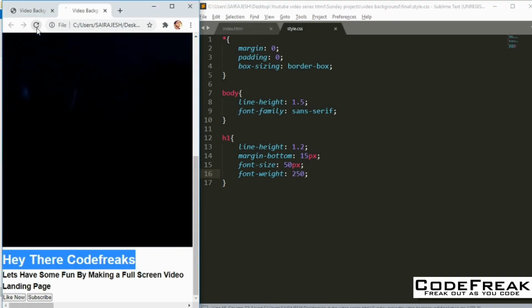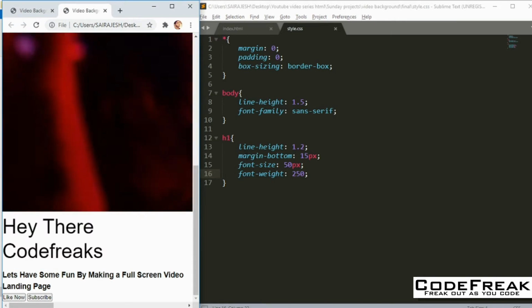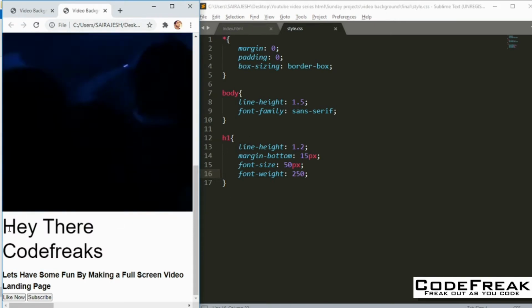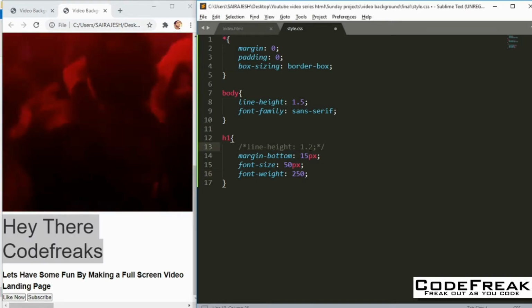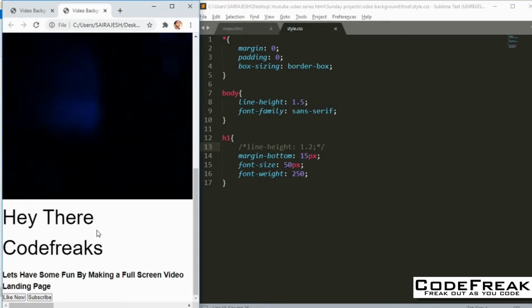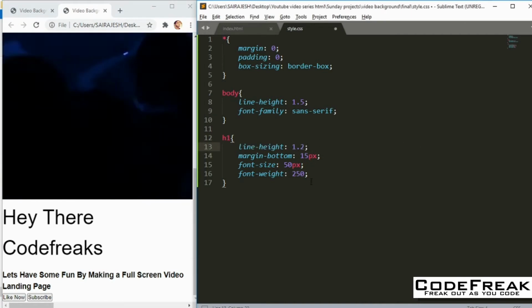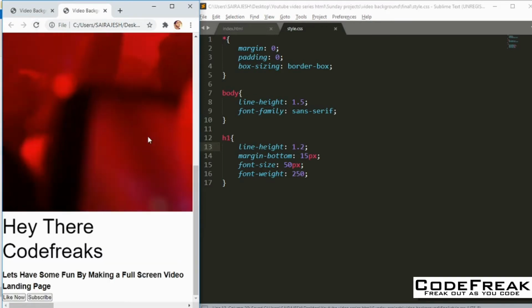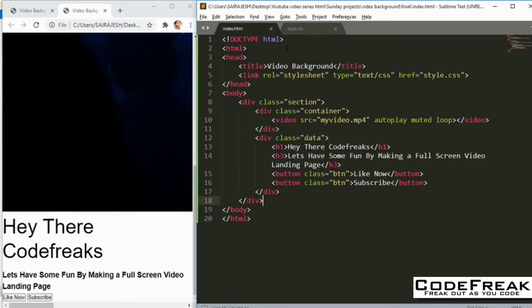So now let us just look at it. You can see that it's a bit big, and the line height, basically what it does is it reduces the line height here. I'll just show you that also. If I save it and refresh it here, you can see that there is a lot of gap here, which I didn't want. That's why I've put this line height property here, right? So yeah, let's just get it back. This looks good.